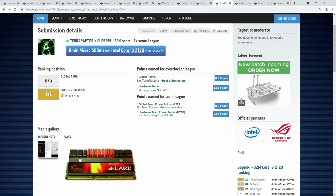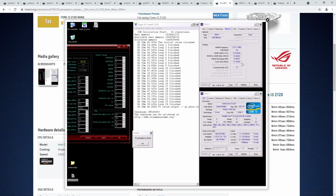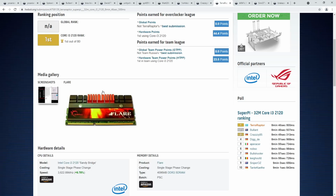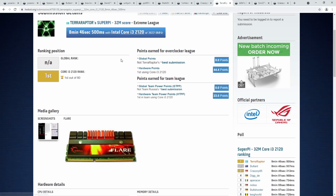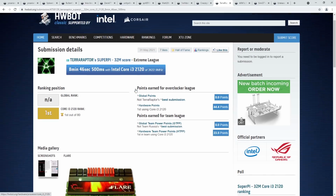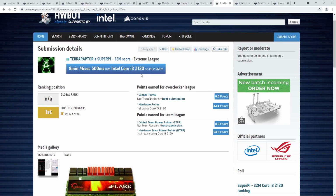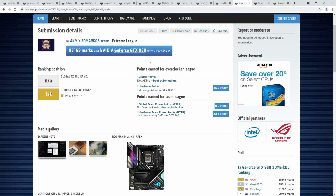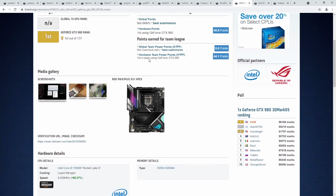Then again, it's not something I would necessarily get into that much, because I'm not that into SuperPi or memory tuning. But these are cool scores to look at, because these CPUs aren't meant to be overclocked. So anyway, congratulations to TerraRaptor on that insane i3-2120 and those memory settings, and the overall SuperPi 32 million score. And let's move on to AKM's GTX 980, which got dragged to first place in 3DMark05